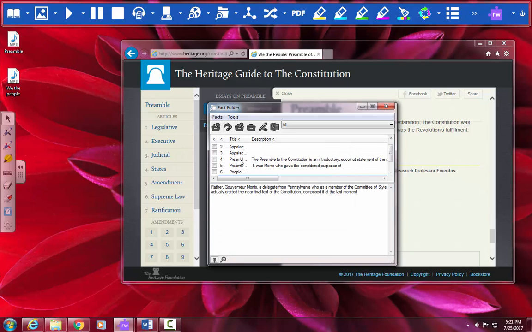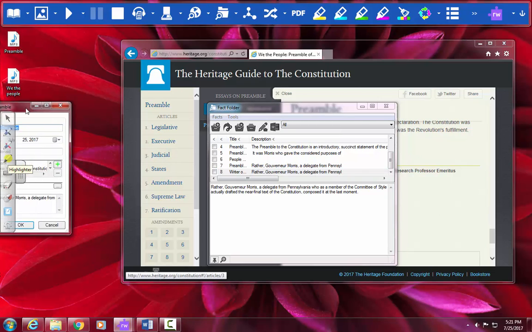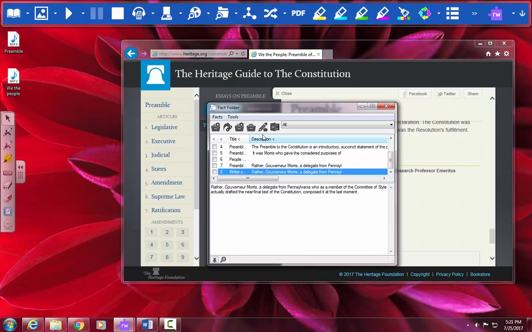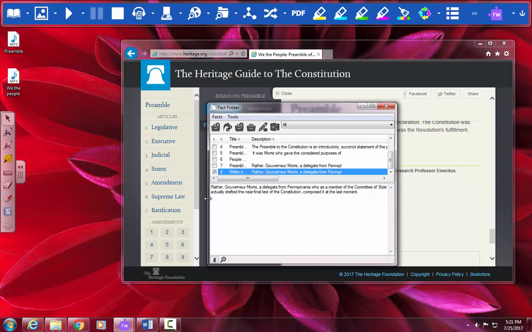You can also select a fact and edit the information, and that will just open this dialog box again. You can go to the link that is associated with this fact, and you can insert it into a Word document as a bibliography. So it will actually create a Word document for you. So if we select our fact and choose to export, we can choose what format, click OK,